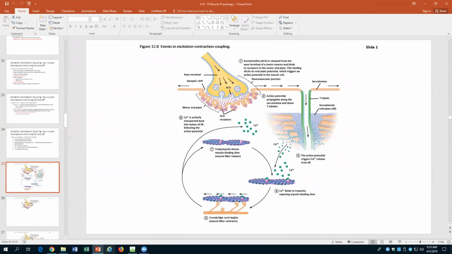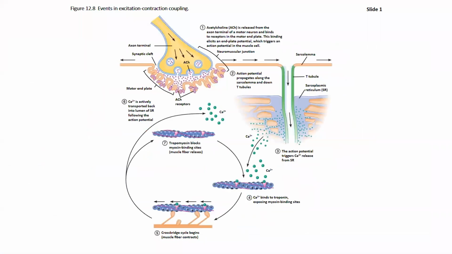All right, the next thing I'm going to review is excitation-contraction coupling, and the steps of that process. And in that, we'll also look at what happens at the neuromuscular junction as a review of that as well. So we have a motor neuron, right? This is going to be an alpha motor neuron. It's innervating a piece of skeletal muscle, which is depicted here. And this motor neuron has an action potential running down this axon. When the action potential gets to the terminal bouton,